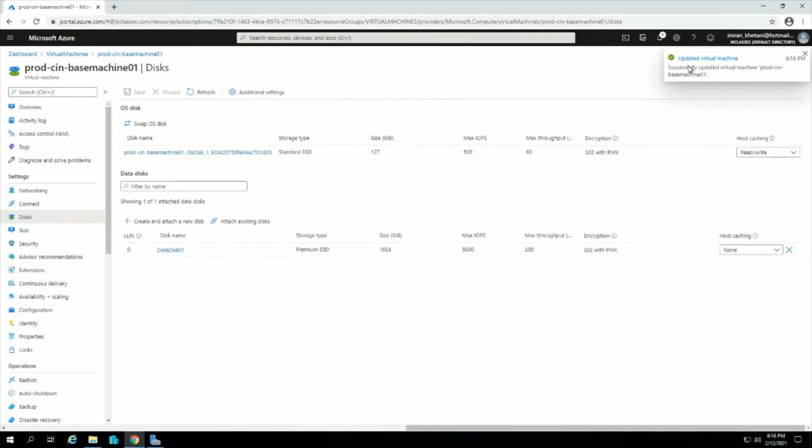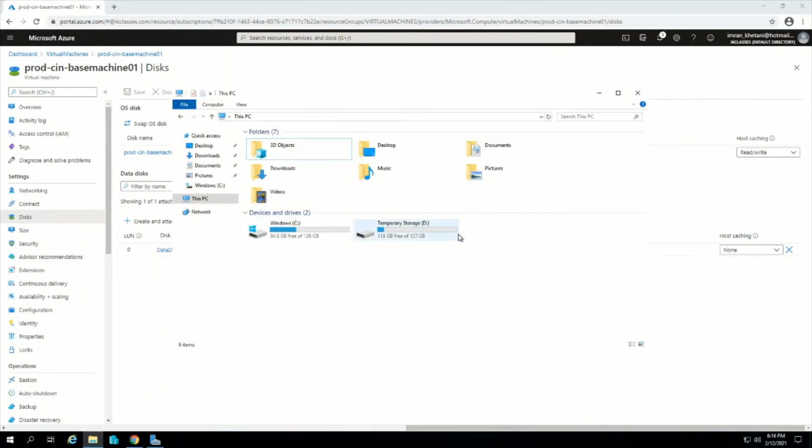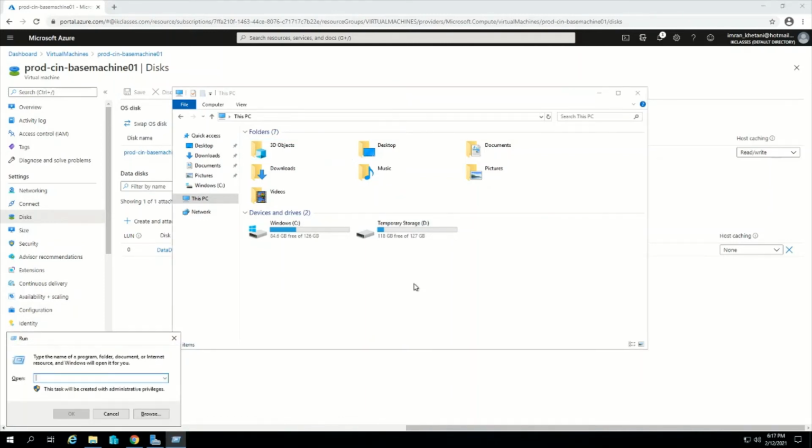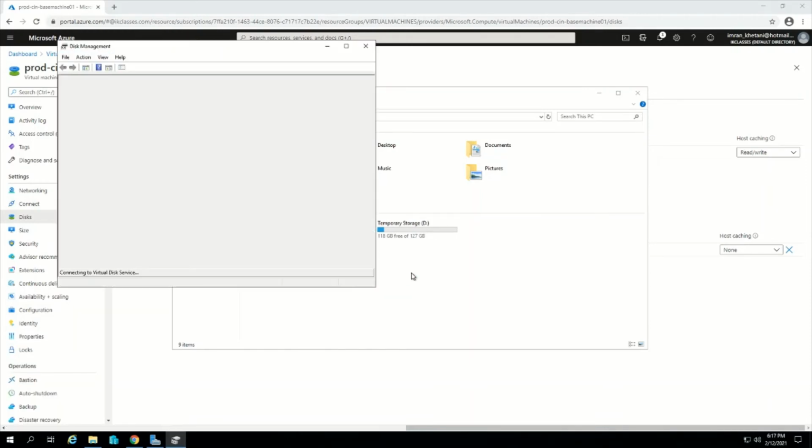Yeah, so the disk is attached, you can see it here, but it's not shown here. When you attach a disk to a virtual machine or your physical machine, you have to format it. How can you do that? You can just go to disk management, diskmgmt, or you can go from computer management, just click on it. You can see,